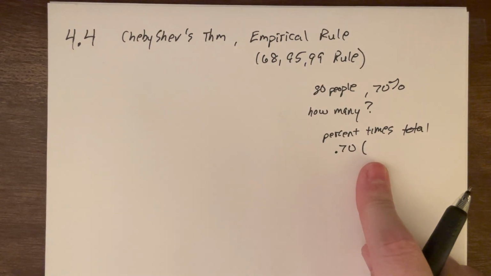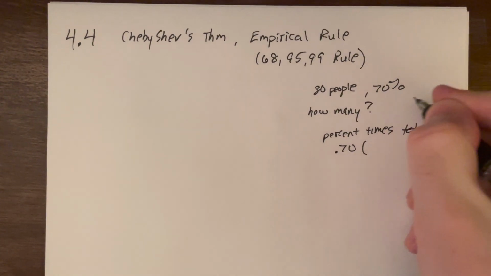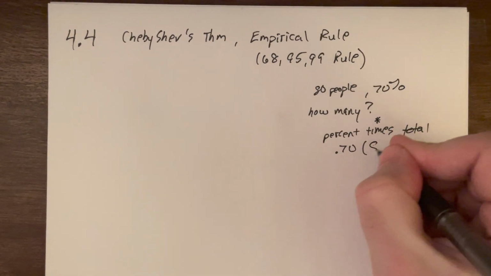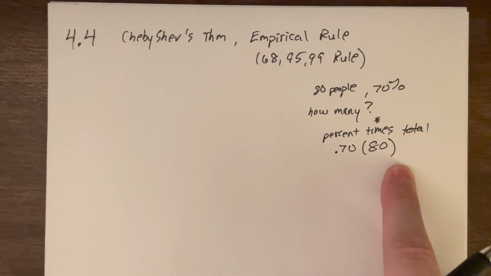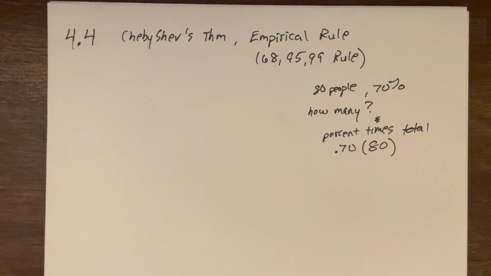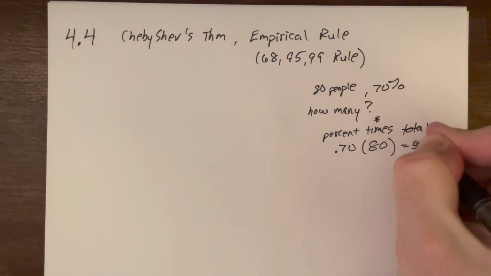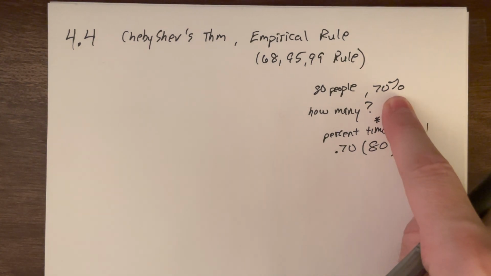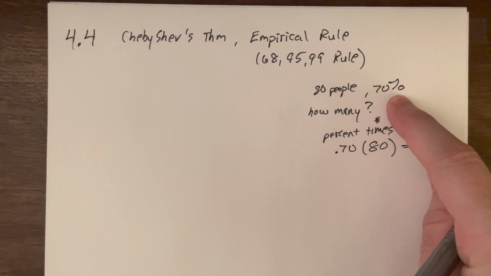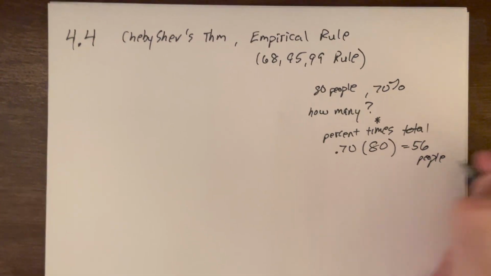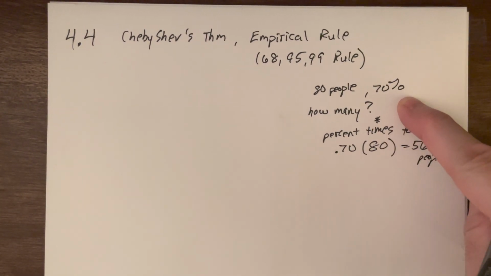don't use an x here. We already use x as a variable for a lot of different places. So either use the little star symbol if you really want for times. Even better to just use parentheses. So we get 0.70, which happens to be the same as just 0.7, times 80. And if we do that, this one works out very nicely in that we get a clean answer of 56. So in this situation, if 70% of the people believed in something or did something, and we look at 80 people, we would have 56 people or objects that did whatever we were considering here.